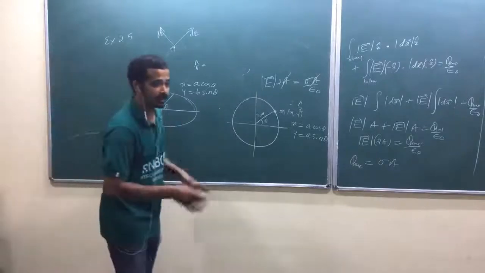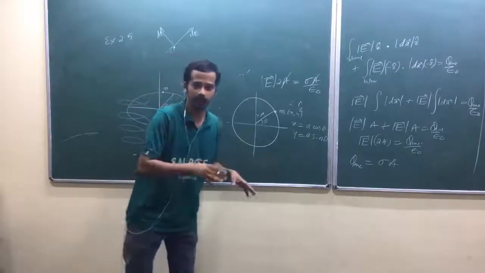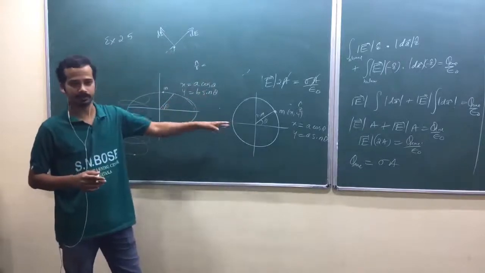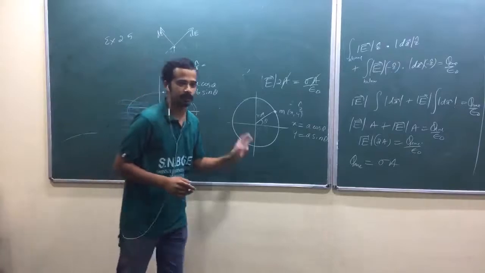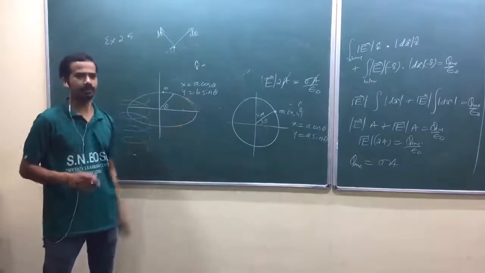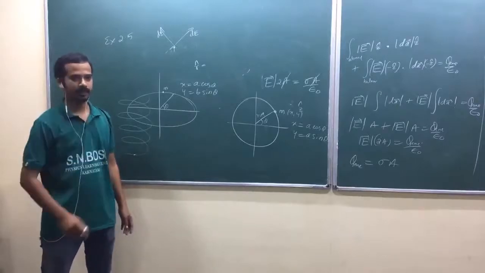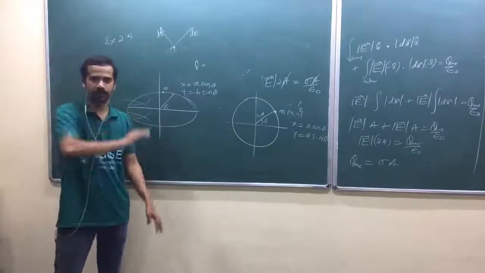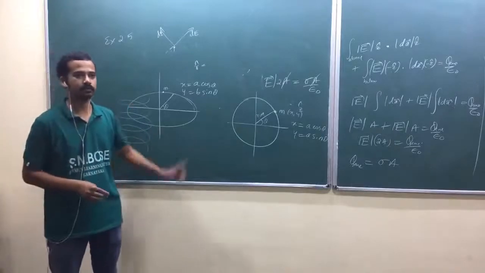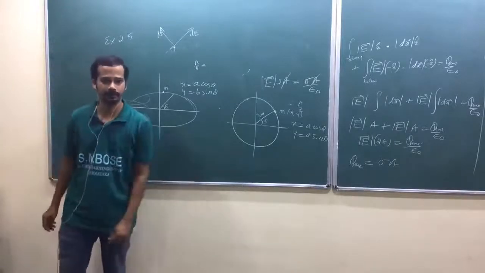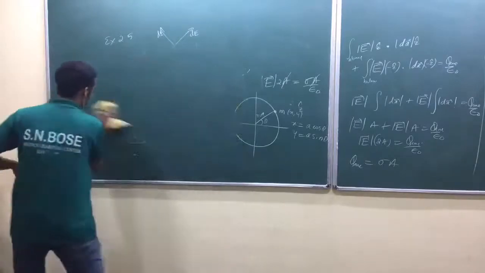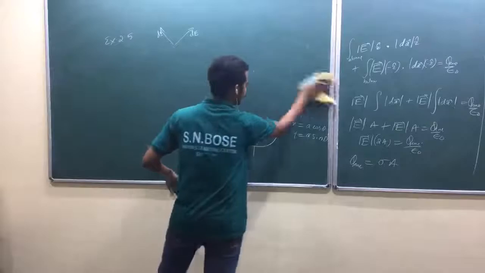Again, extend this whole idea. Right now we know only four coordinate systems. Plane polar is a special case. What are they? Cartesian, spherical polar, cylindrical. Plane polar is a special case. Now suppose you are getting some weird surface, there may exist some coordinate system where we can do the surface integral problem easily. Okay? Good idea. So now let me do one problem and we shall close here.